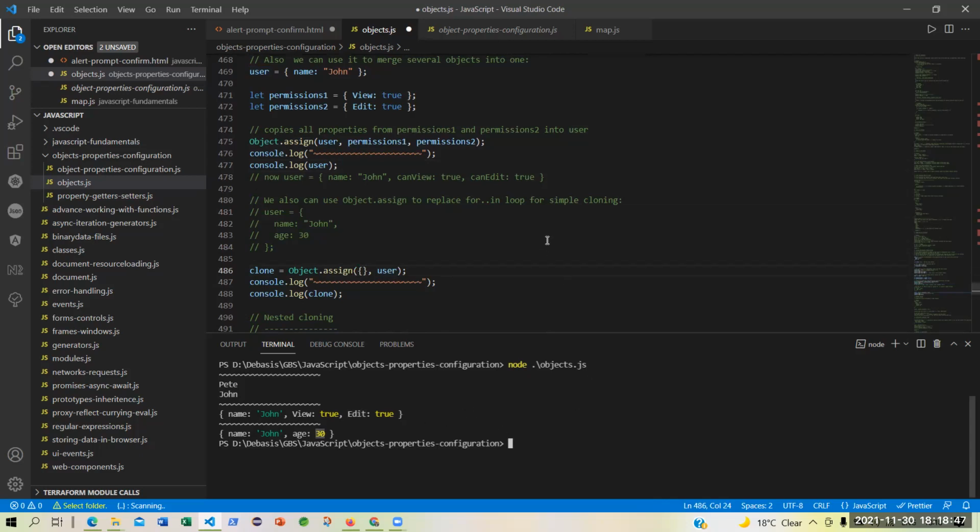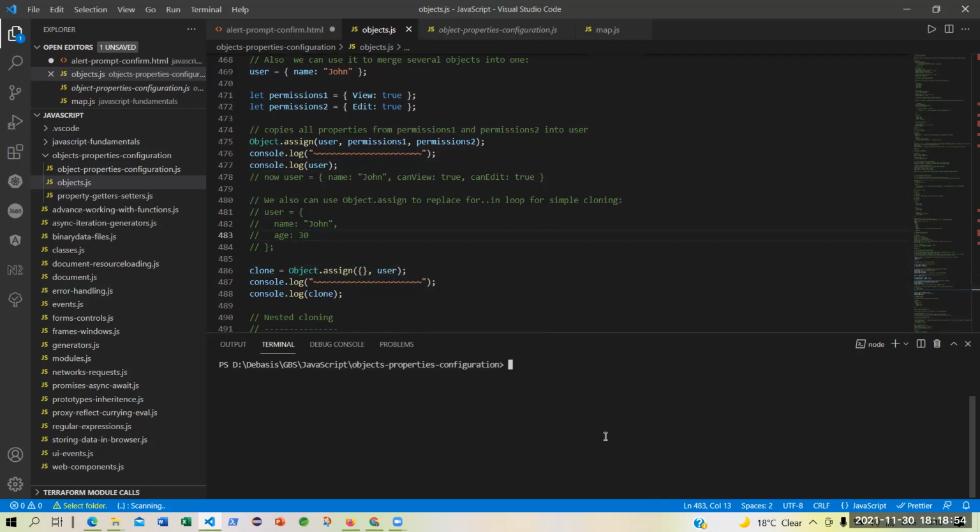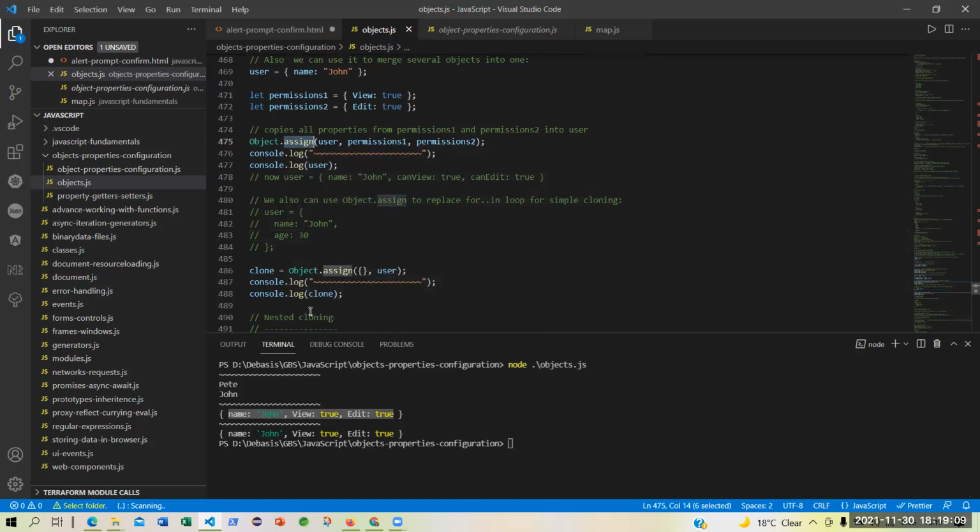Let's see. Now, are you seeing that you have cloned the entire thing, what you have done in this last one? Yes, sir. Into clone. You have three properties: name, view, edit. Earlier, you had only name and age.